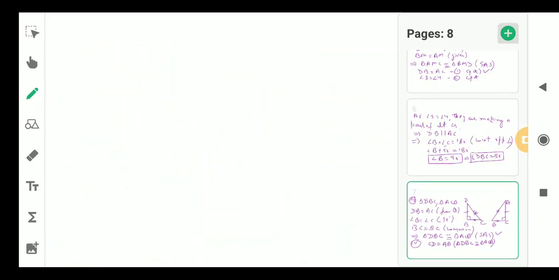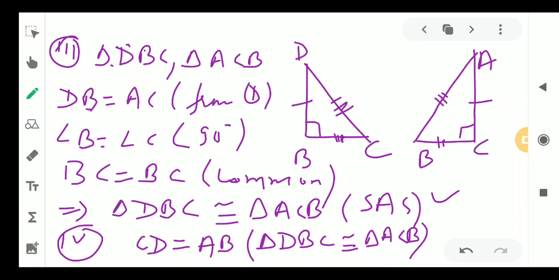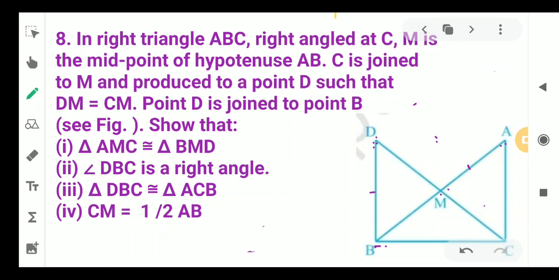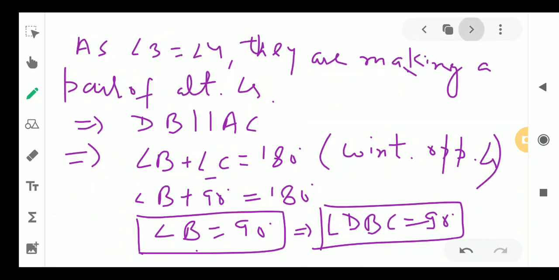Okay, now let me move further. Now this is very important. Now CD equals AB. Now let me go to the original figure. Now we have shown CD, this complete side, CD here equals AB. Okay. Now see here, it was given in the question that CM equals DM. CM equals DM was given in the question here. This one. So we are going to use here the CM equals DM. This we have to keep in mind.